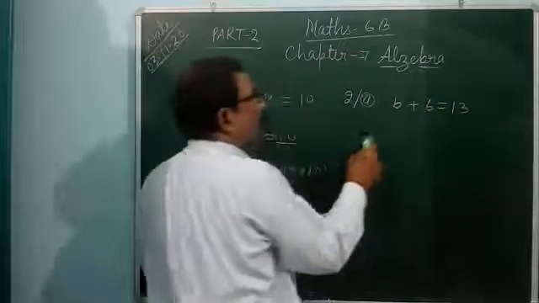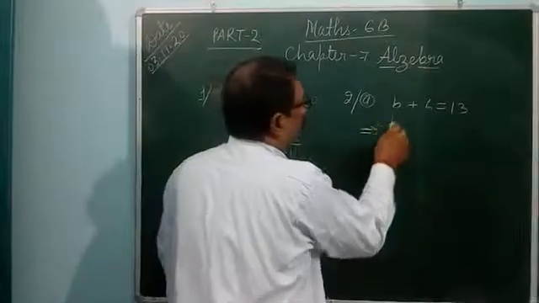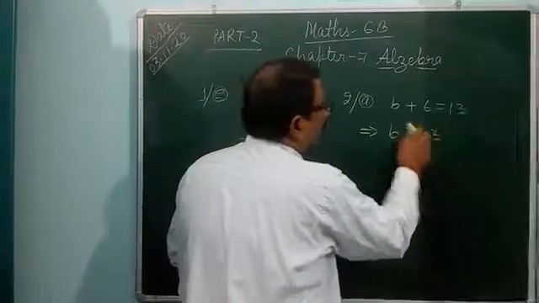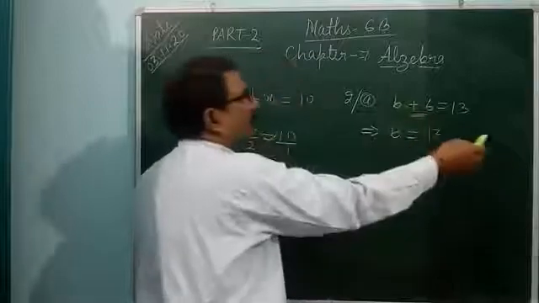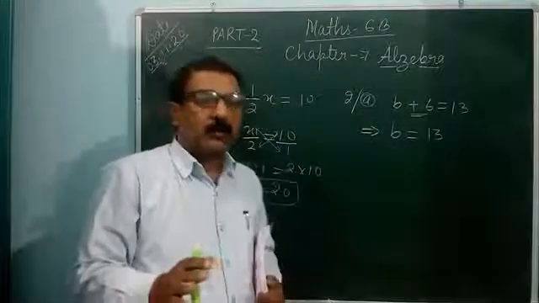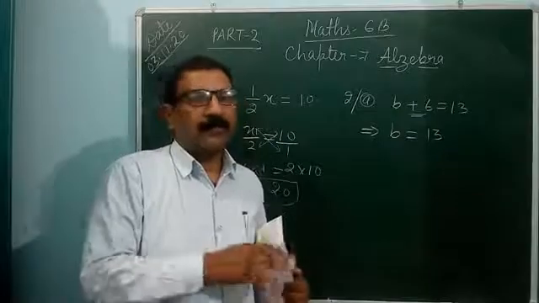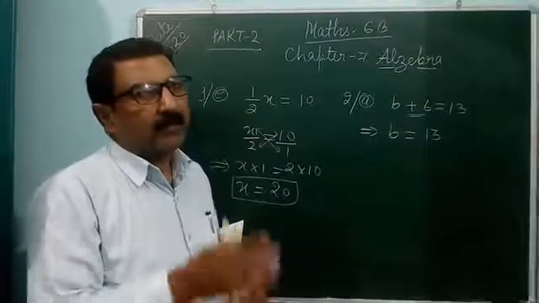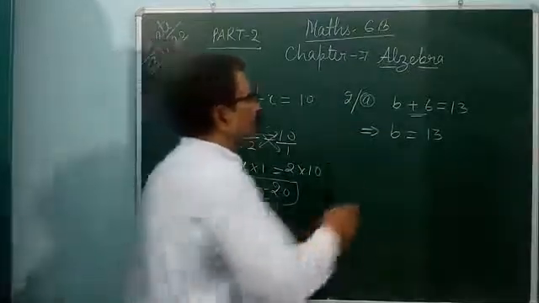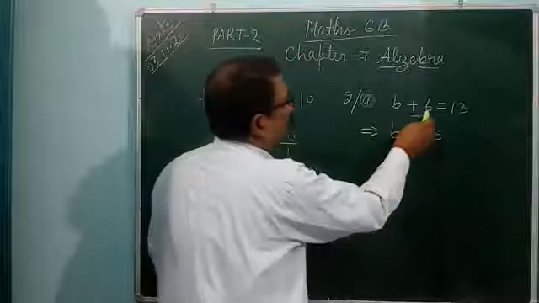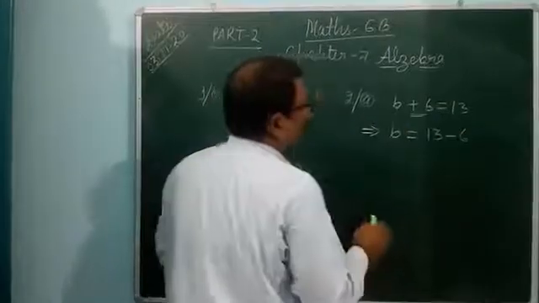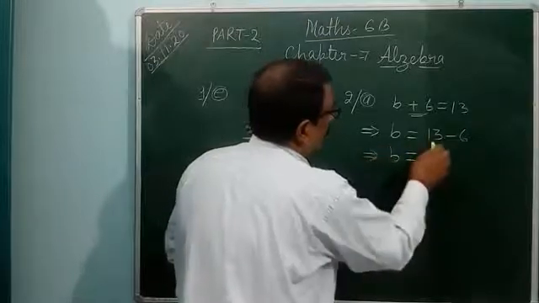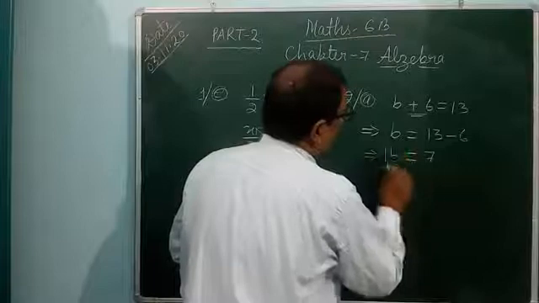You see here, this implies that b is equal to 13, as 13 is already given on the right side, you write 13, and the plus 6 you transfer. It means you write the variable on one side and constants, meaning numbers, on the other side. So like that you transfer left to right or right to left as you need. So plus 6 will be minus 6. The sign will be changed. So b is equal to 13 minus 6, which is 7.